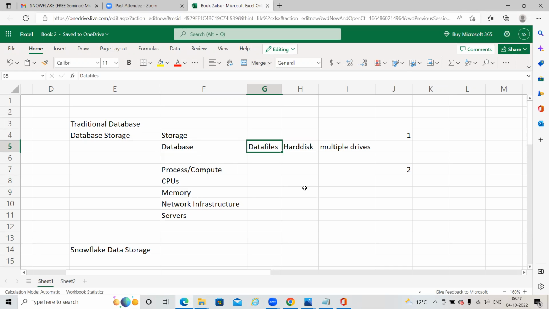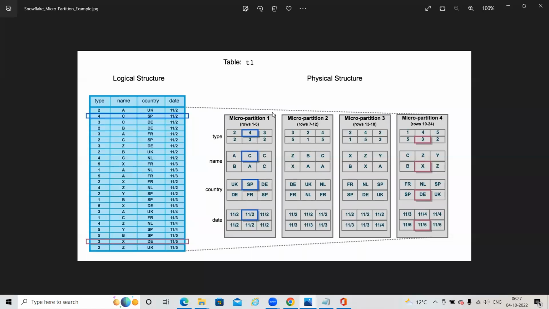The collection of a number of data pages will be an extent. It may cause a little bit of confusion, I am just discussing the difference between the two. Like that, when you store your data in a traditional database, versus when you store your data in Snowflake, the data will be stored initially in micro partitions. These are the micro partitions. So the data will be stored in a columnar format.